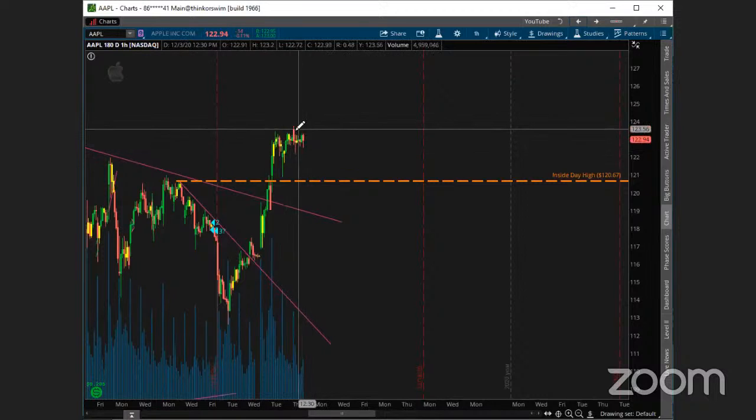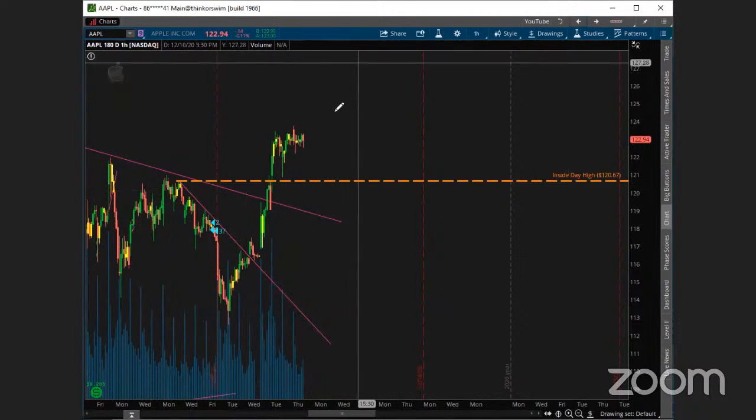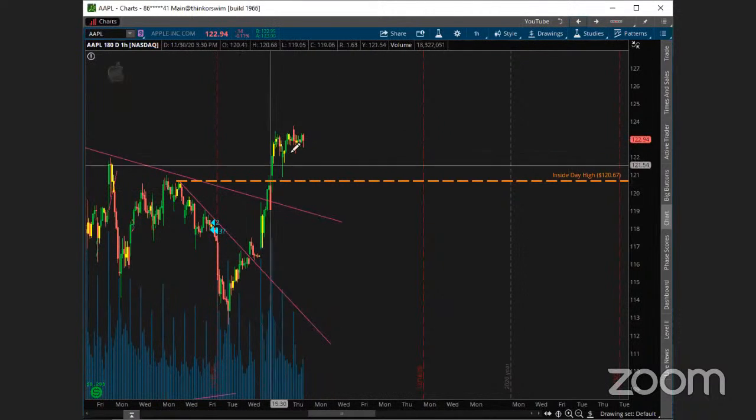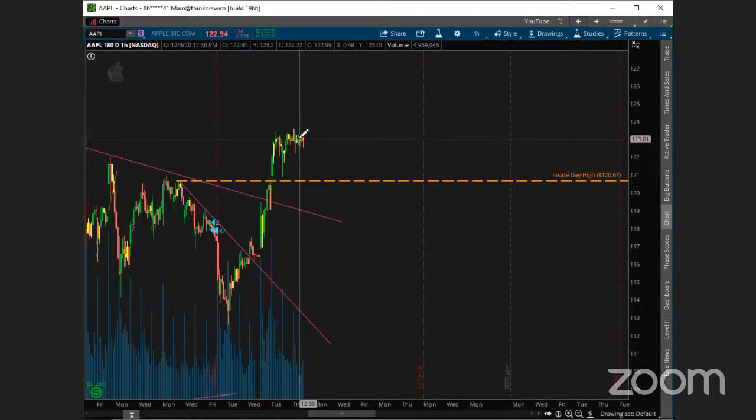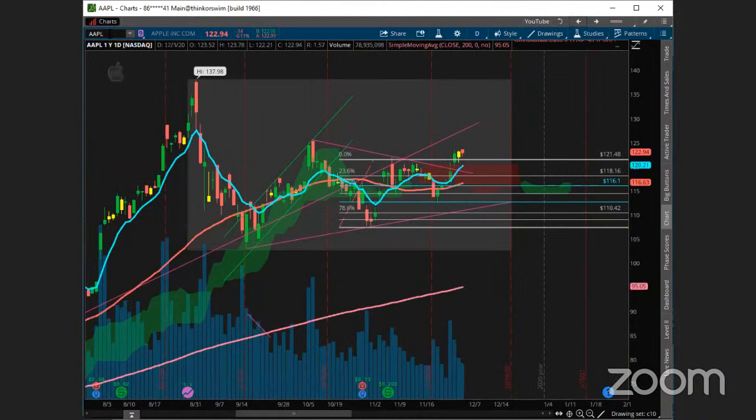So one of the things we just want to see is if it can break out over these levels right here. And if it does, we might see some more upside on it for another impulsive wave up. So the ideal situation was the wave 2 pullback, and we're starting a wave 3. But there's still a possibility this is an A, B, and we might see a larger C wave down before it's ready to go. So we just have to be careful with that. So that's one of the things that we look at.